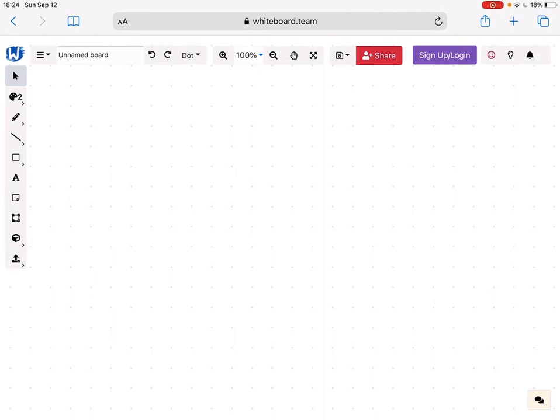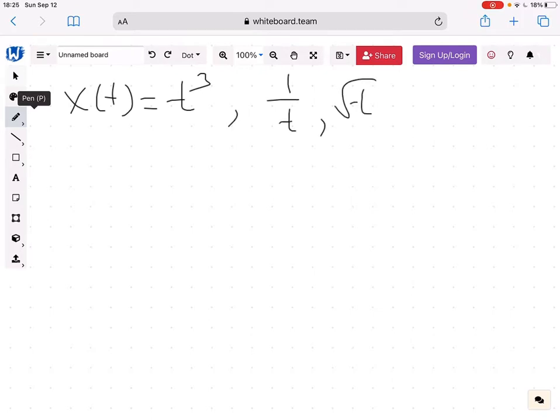Alright, so we're moving to the next video, and in this video we're gonna talk about the derivative of a little bit more complicated function than what we looked at before. Before, we looked at the constant function, the linear function, and the quadratic function. Now today we're gonna look at x of t equals t cubed, 1 over t and square root of t. That's kind of the plan. We start with t cubed,